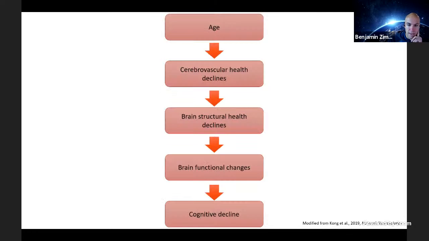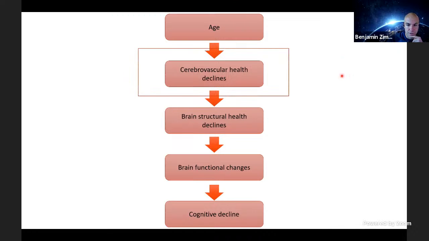So since then, our lab has taken this research much farther and has developed a working framework that describes a cascade of effects that help explain age-related cognitive decline. And if you're interested, I encourage you to check out this paper down here. I have a little reference listed. It's in Network Neuroscience, which describes this framework and some of the evidence that points to it. So this framework shows a cascade where age-related cerebrovascular decline propagates to structural decline, which propagates to functional decline, and eventually manifests as cognitive impairment.